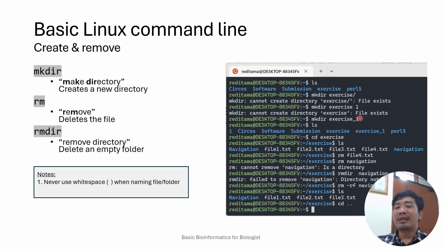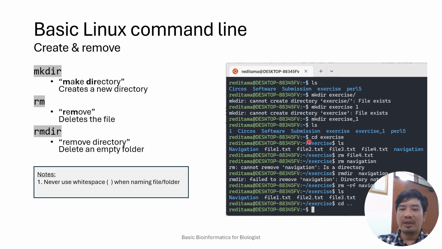That's why you should never use white space when naming a file or folder in Linux. It's better to use characters like underscore or dash, and never use white space because it will be interpreted as two arguments instead of one argument.